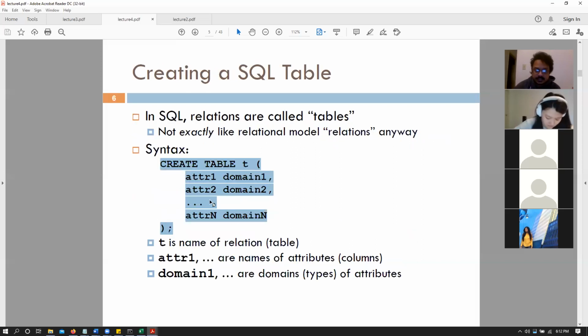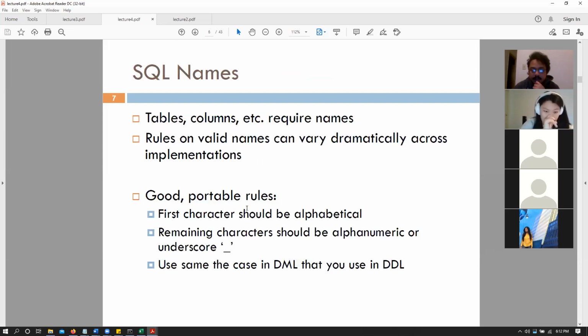Columns also have names. So in the previous example, our table was named T and our columns were named attribute 1 all the way through attribute n, right? Generally, for good programming practices, we would want our column names to be first character uppercase, and we want our tables to be all lowercase. We would also want only characters to be the starting point of our table names or attribute names. We can also start with underscores, but that is up to you.